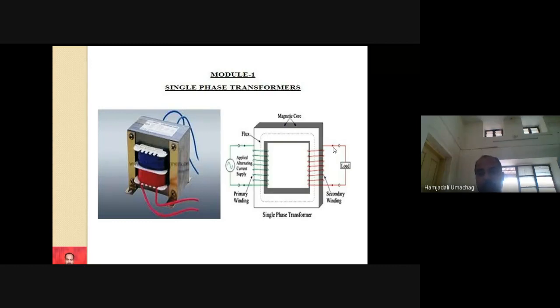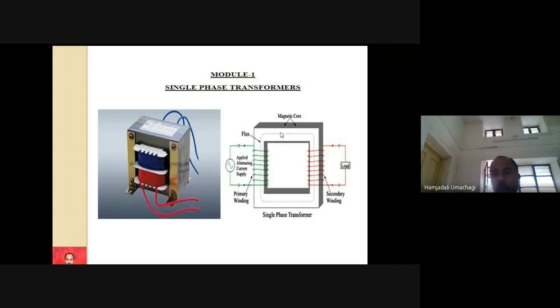That electrical current is nothing but the secondary current, and that secondary current is made to flow through the load. That load might be anything, resistive load or inductive load or capacitive load. Okay, fine. So your single phase transformer works on the principle of mutual induction. There is no electrical connectivity between the primary and secondary winding, there is only magnetic coupling. Magnetic coupling means flux is there. So to get the flux, the core part is made up of some iron material.